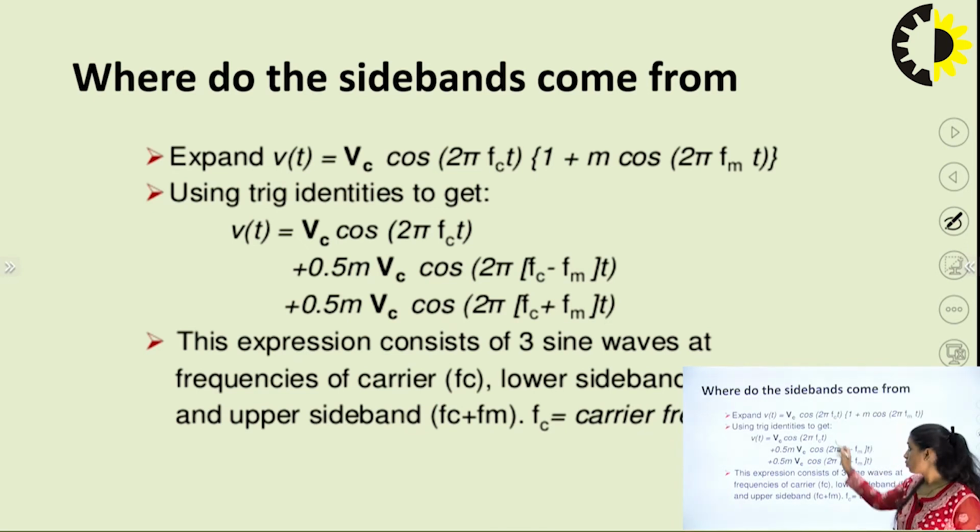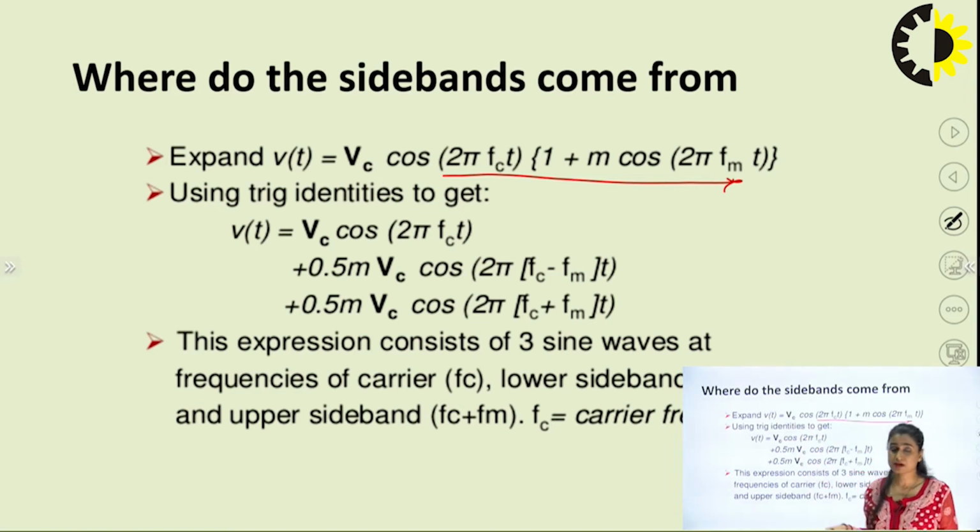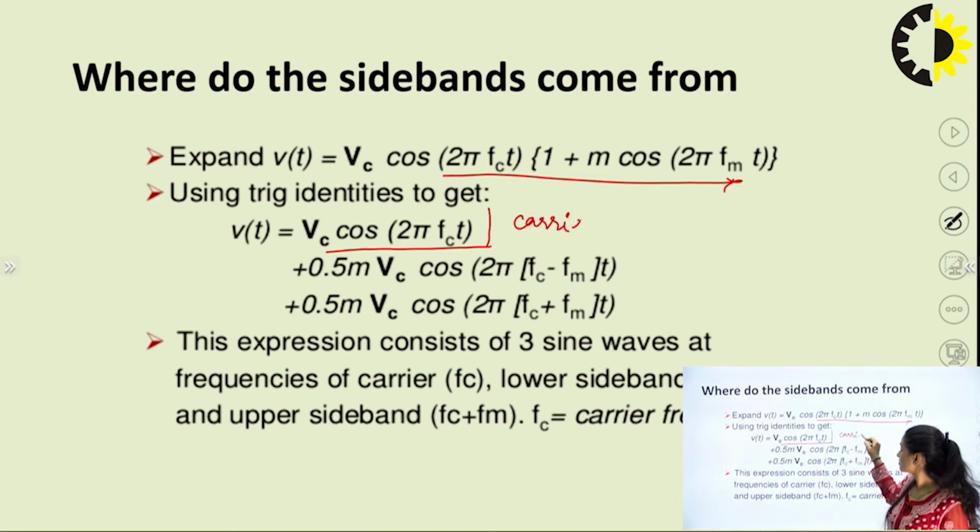How do we get it? When I expand this waveform, the equation for my modulated wave, using trigonometric relations, what do I get? Vc cos 2 pi fct, a pure component of my carrier, and because of the cos relations, plus and minus, half, 1 by 2 Vc cos, when we have cos